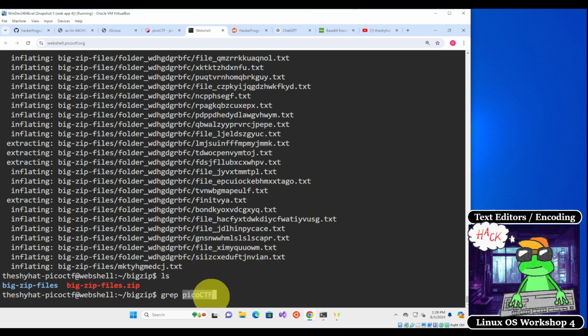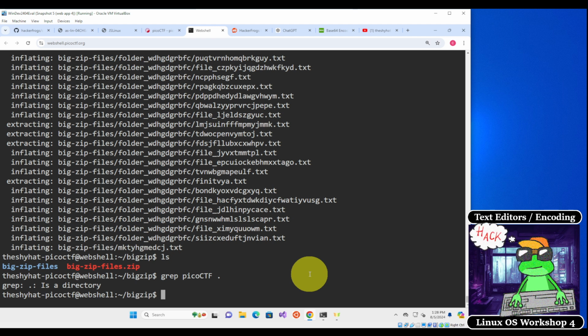So we're looking inside of the files for this pattern right here, picoctf. And then we have to specify a directory, and the directory is going to be the dot directory. And then this is going to search inside of all of these directories and files for this pattern right here, picoctf. So we hit enter,